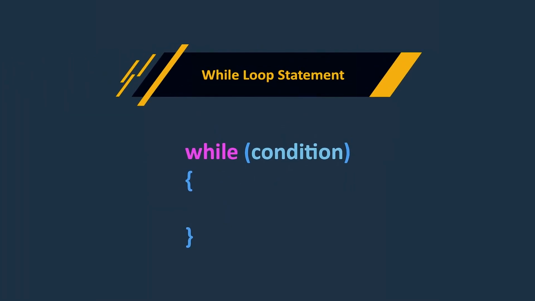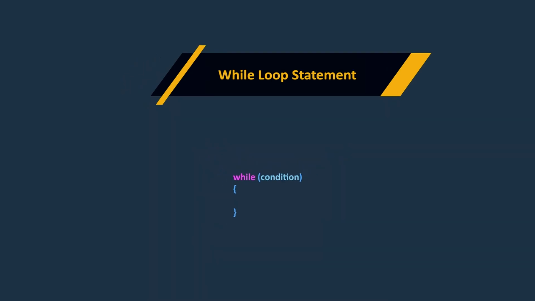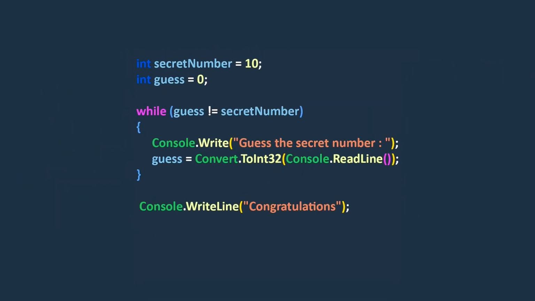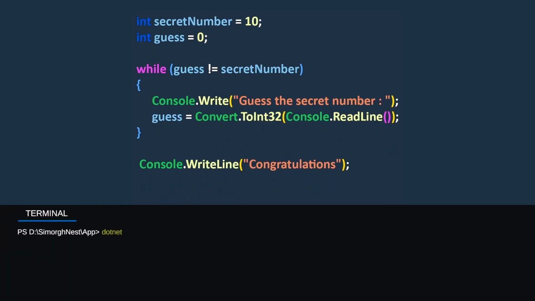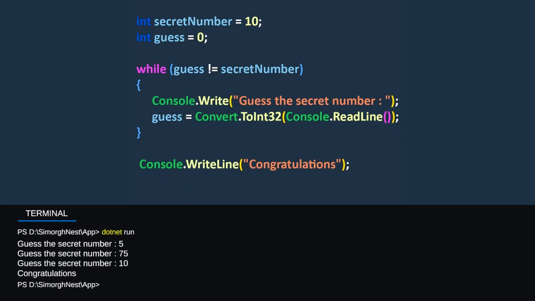Okay, the while loop is more flexible and suitable for situations where the exact number of iterations is unknown and determined based on a condition. For example, in a guessing game, using a while loop allows us to repeatedly execute a code block until a certain condition is met. In this game, we don't initially know the number of attempts required to guess the secret number correctly. And the while loop ensures that we keep asking for guesses until the correct number is guessed. This provides flexibility and adaptability when the number of iterations is not predetermined.